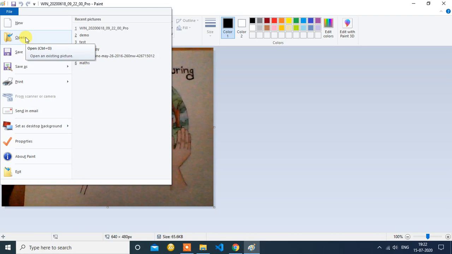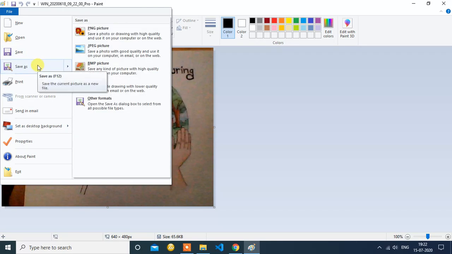And the next section is save. Save section, you all know about it, so let's skip this. So now we have come to save as. Save as is the option from which you can save any of your image to other extensions. As you can see, there are many extensions here, formats to save any picture, such as PNG, JPG, BMP, GIF or any other formats. So I will explain every format to you.